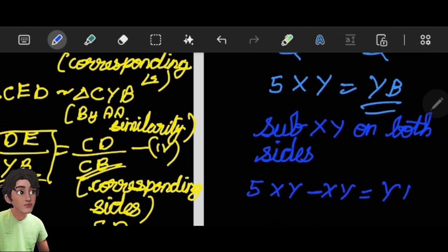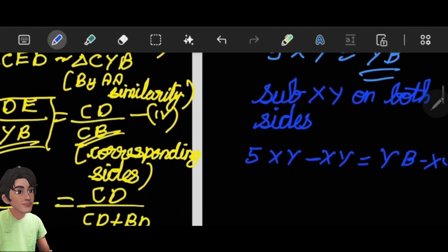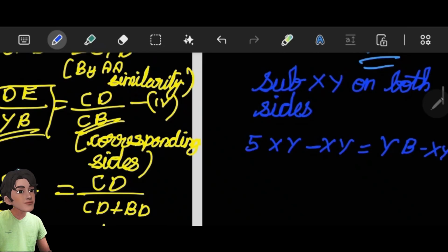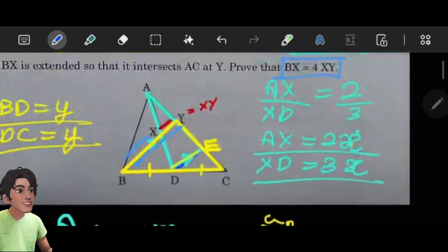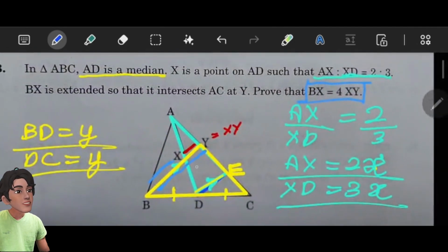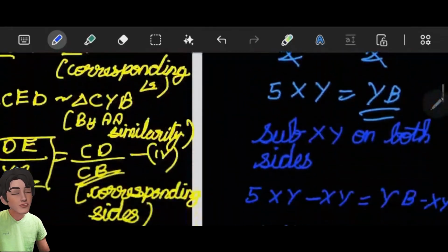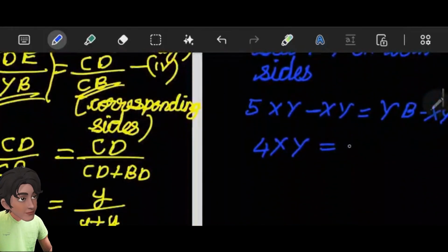Now we conclude in our answer that 4xy is equal to, as we have seen here, YB minus XY, which is equal to BX. Therefore 4xy is equal to BX. And this is our answer, which we have to prove right here. Therefore,